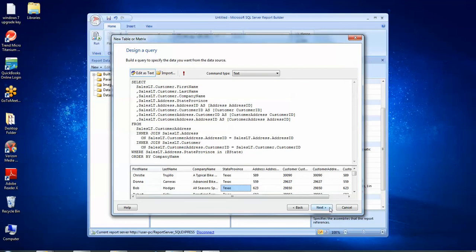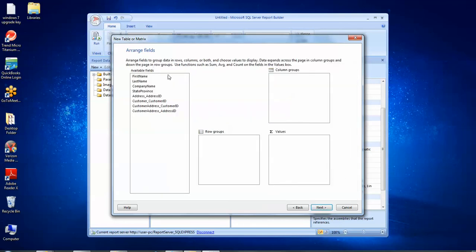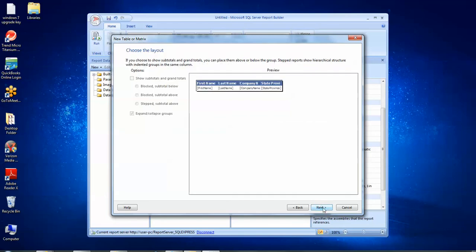If you notice here now, as soon as I press next, there is a parameter now. So first of all, in this arrange fields, I'll go and add all the required fields, drag and drop it in the values column. I'm not going to use row groups or column group because we are not using it right now. It's just a plain simple list. Okay, press next, choose layout. Since we don't use any groups, there is no layout for the groups. Next,